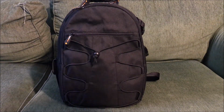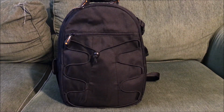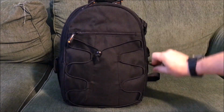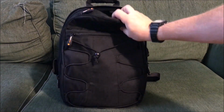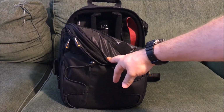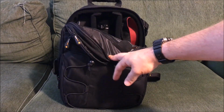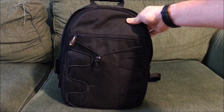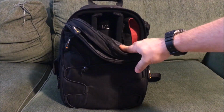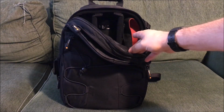Another type of bag that I used very briefly is a camera bag. Camera bags are pretty cool because they have the inside area here that you can compartmentalize all the different stuff that you put in there. Literally, my camera's in there now. I used it for its actual purpose once I got a nicer camera, but it's been around for a little bit. I used it for aviation for a short period of time,